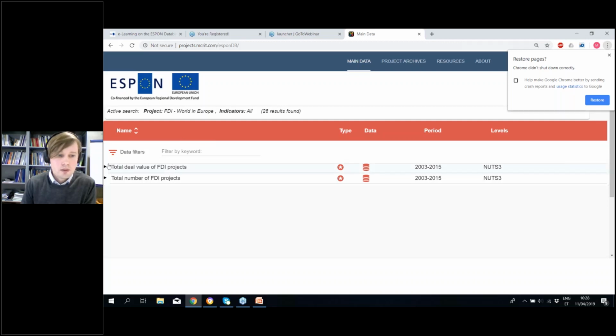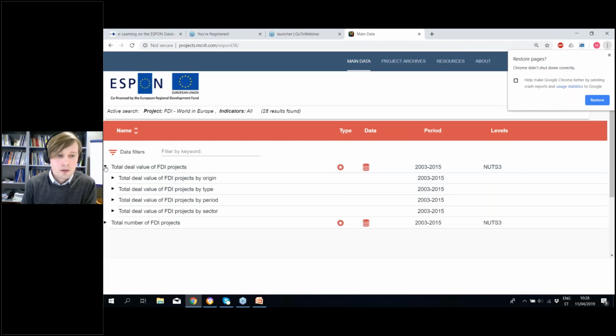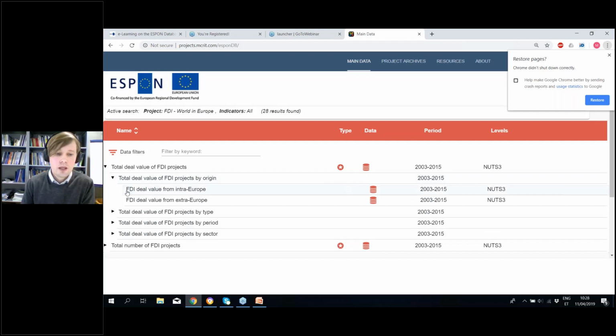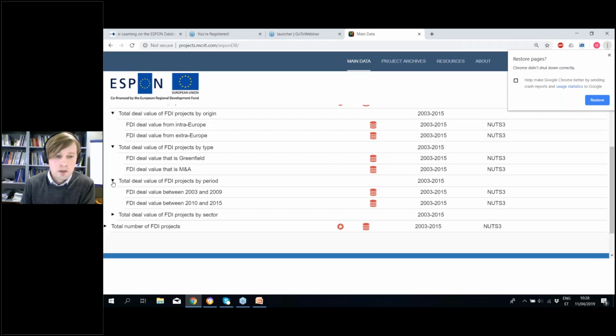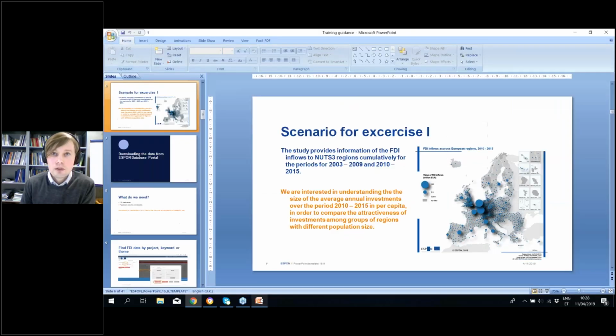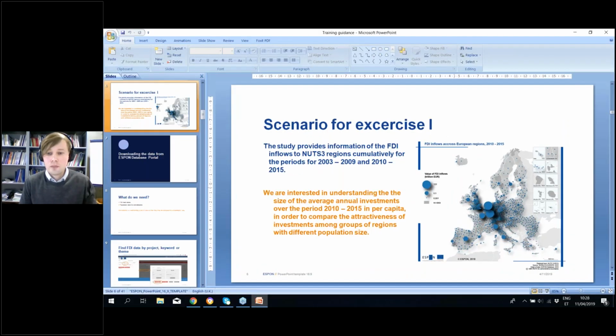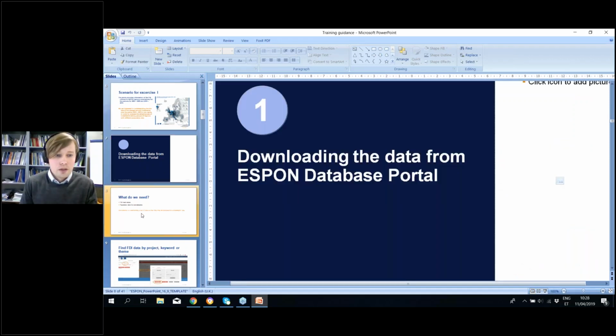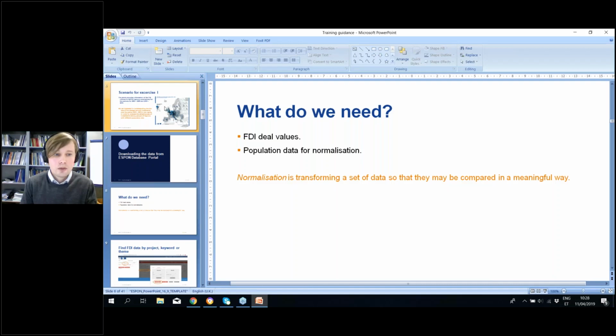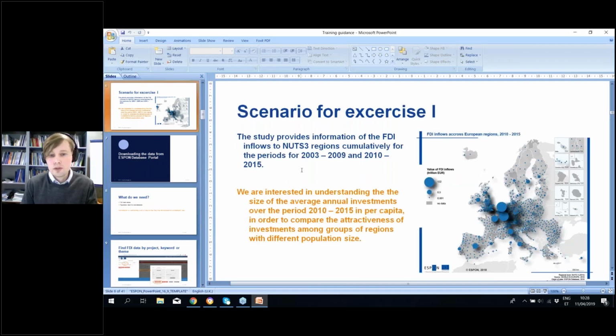In the data sets, we see that a lot of the data has been folded here into different categories or different classes, as we call it in the database. And you can see all the main indicators that have been developed within this project. We are interested in the total deal value as put forth for this scenario. And for this, we would need to download,